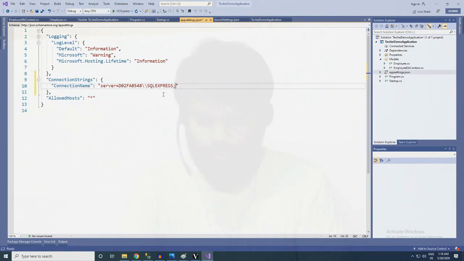Now add a database name, which means we need to enter our database name, whatever the name you need for the database, you can enter it here. So in my case I will name it as employee DB, and we need to trust the certificates.